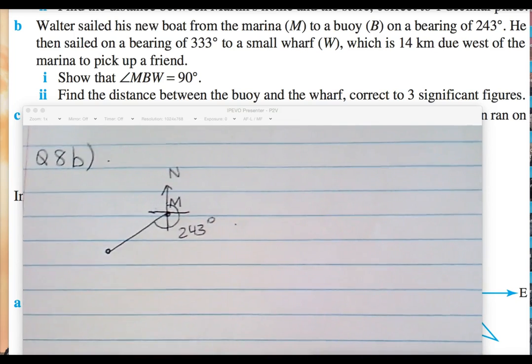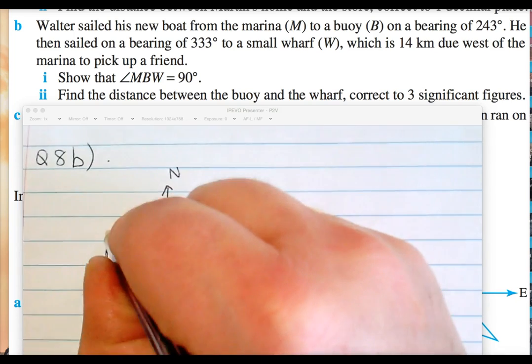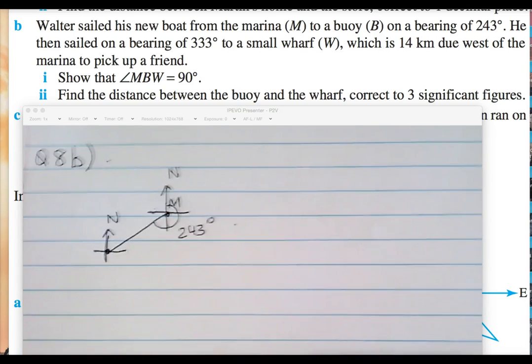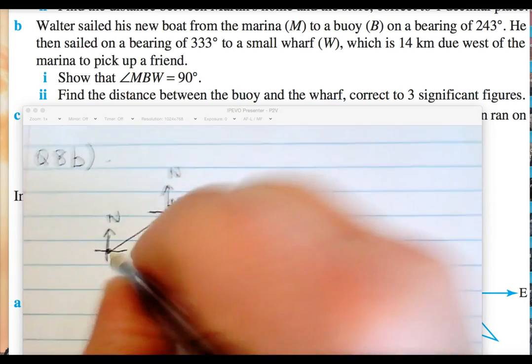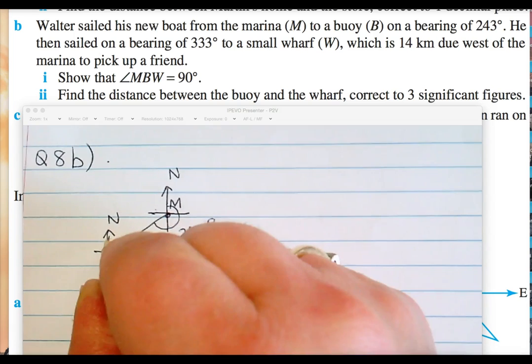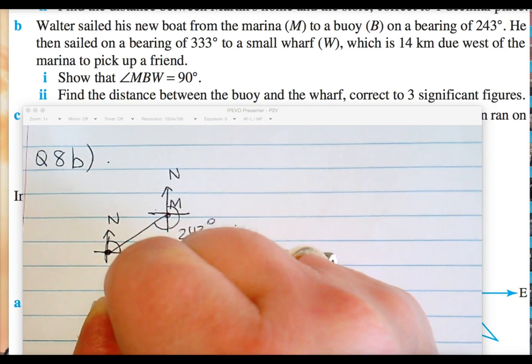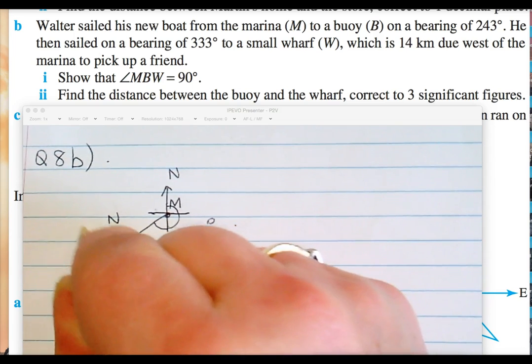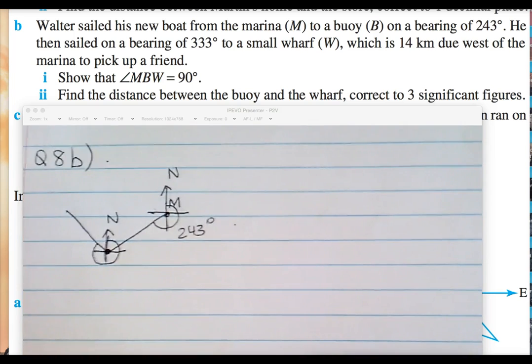He then stops. He then sails on a new bearing, so I need a new compass. I need a new north, all right? He then sails on a bearing of 333 degrees. So start here, put a new compass out. Where's north? Go clockwise, 90, 180, 270, 300 and something. He then goes 333